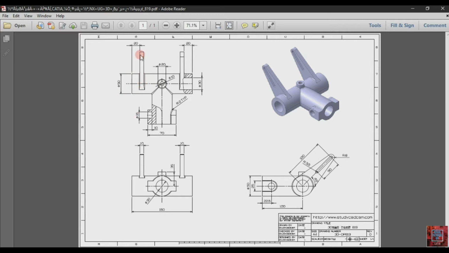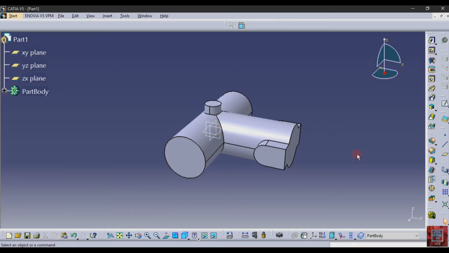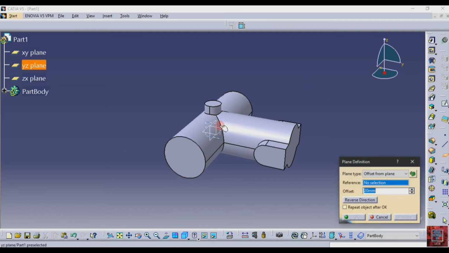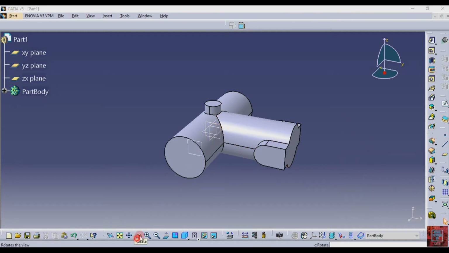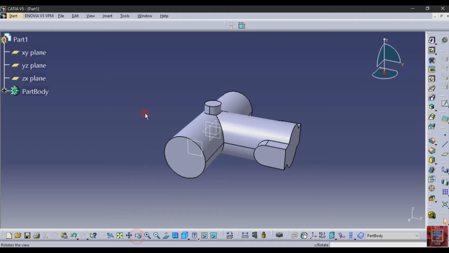So 20 plus 5 is 25, and 25 minus 75 is 50. So make a plane, select the YZ plane, and the offset distance is 50. Then let's see.